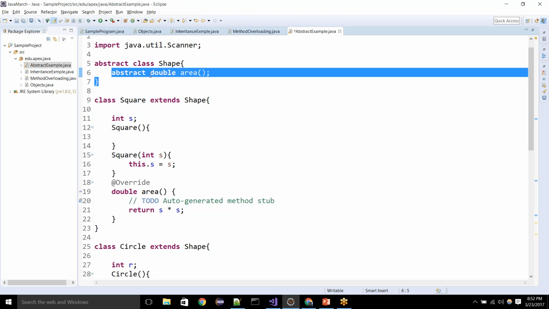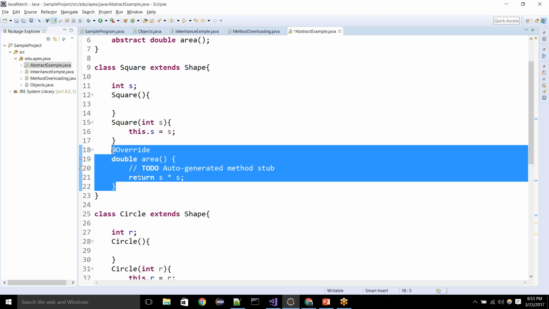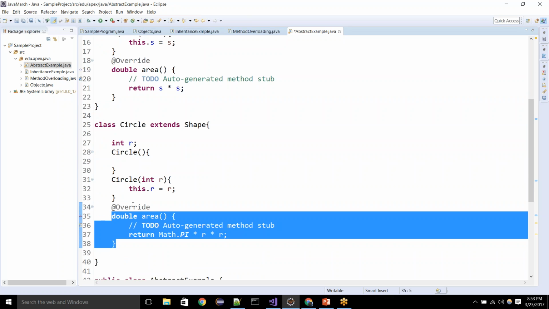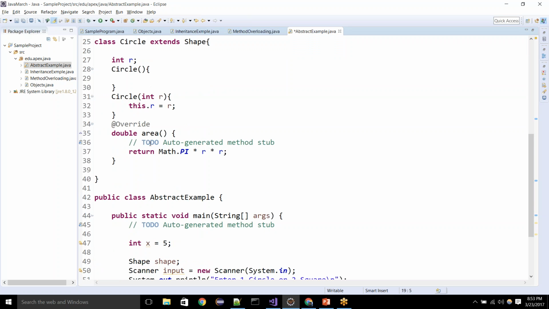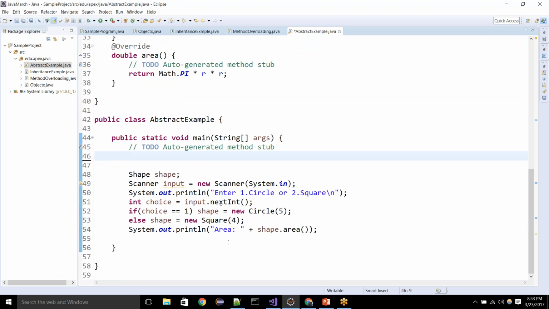Even if there are 100 abstract methods, you should provide the implementation of all of them. User, which area to calculate, and